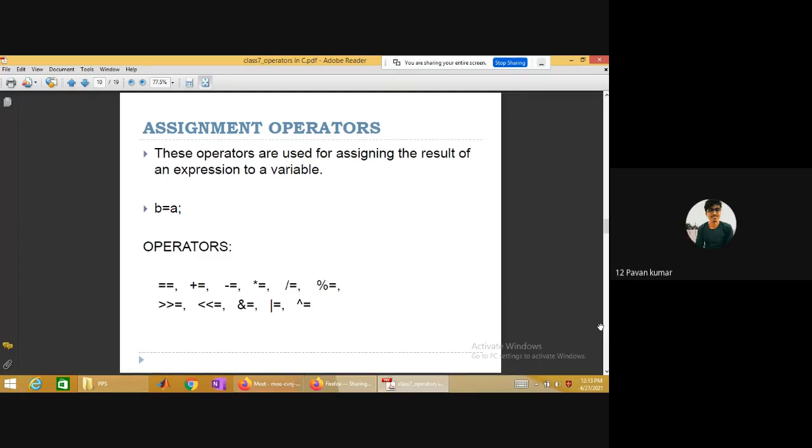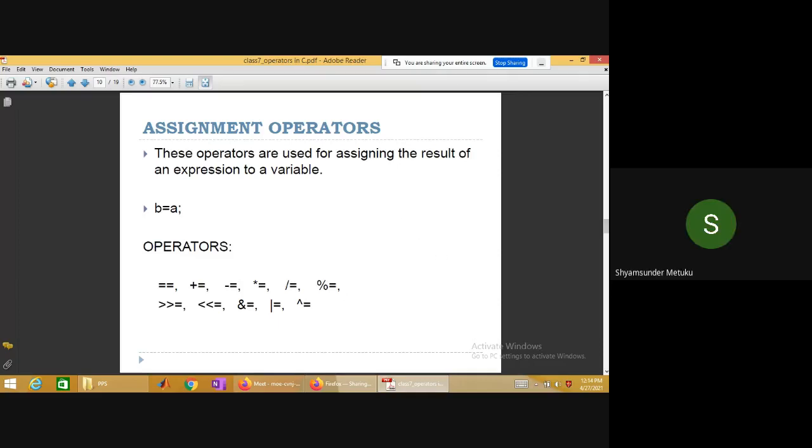Yes, sir. Can I write a is equal to a plus b? Yes, we can write, sir. Yes, we can write a is equal to a plus b, because right to left evaluation will always be done. So a will be having 5 and b will be having 10. A plus b becomes 15. Then you are overwriting the value of variable a. 5 was earlier available, and you are overwriting 5 with the value 15. Yes or no? Is it clear? Tell me. Yes, sir.